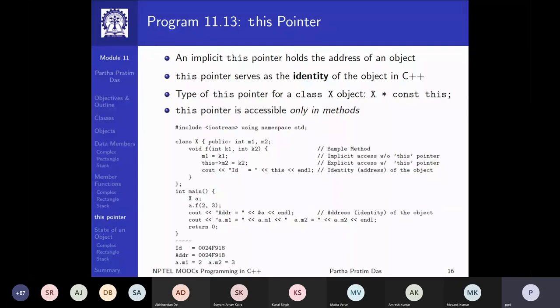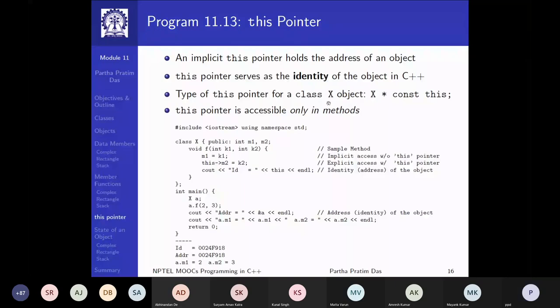Naturally, the basic identity of a building is the geolocation of where it is positioned. So it's the same kind of concept. And every object can access that address by using the this pointer. Now, this is again a keyword in C++. It's a fixed name, and it has a type